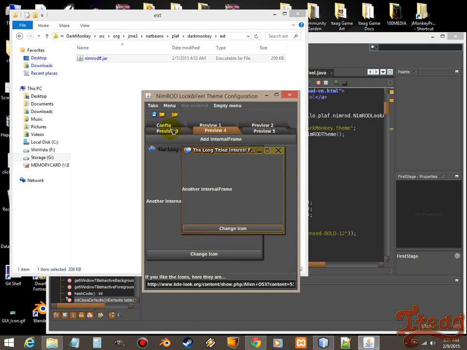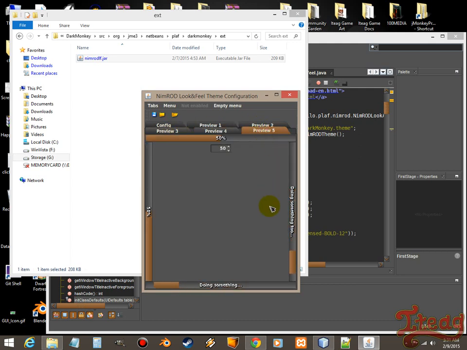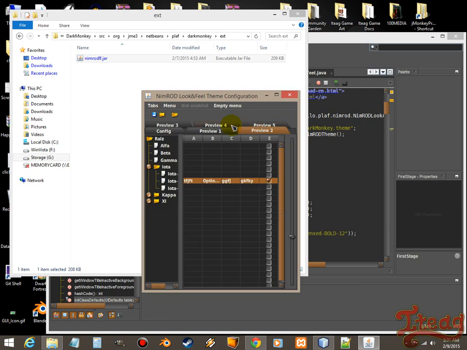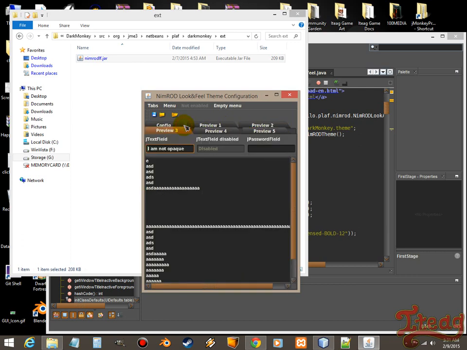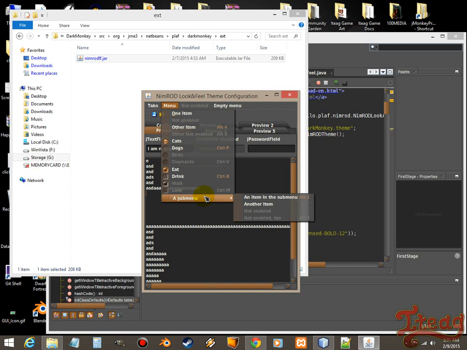And of course, let's see what else. Oh, there's the progress bar. 1, 2, 3. Did I do 3? Oh, yeah. Disabled. Different menus with items enabled and disabled in their opacity. So,